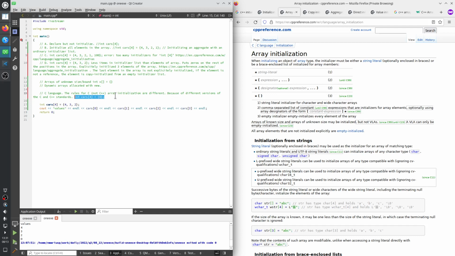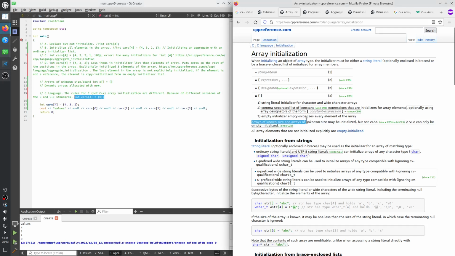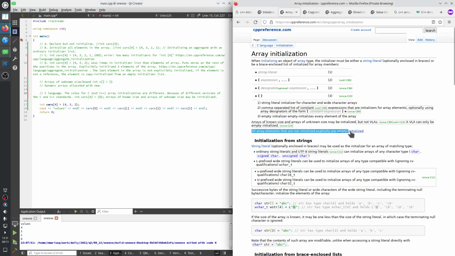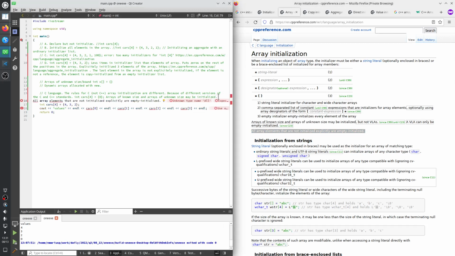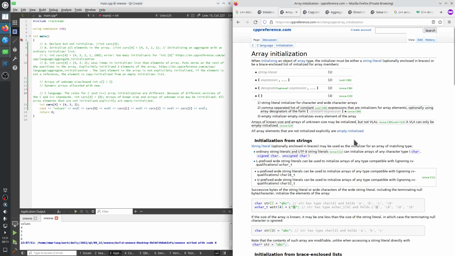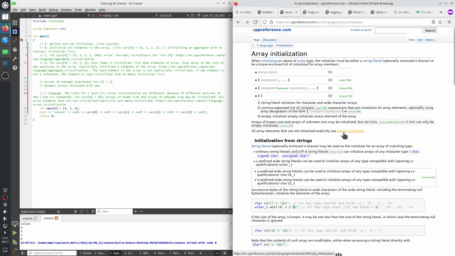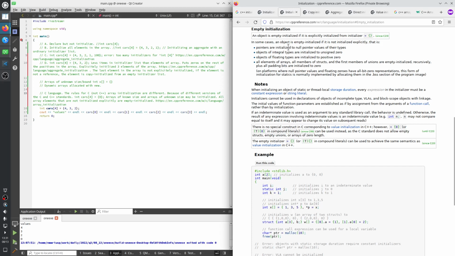So it says, let's paste some things in here. Arrays of known and unknown size may be initialized. All array elements that are not initialized explicitly are empty initialized. Really important, because that's what we want. Whatever is empty initialization in the C programming language, so empty initialization,